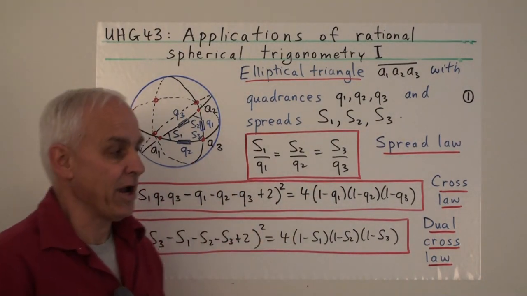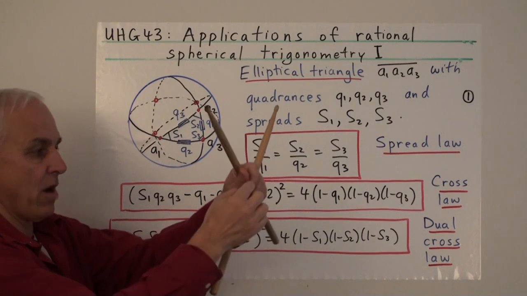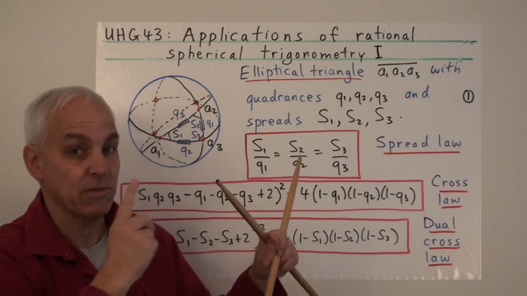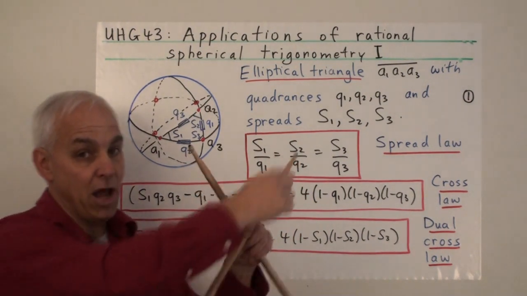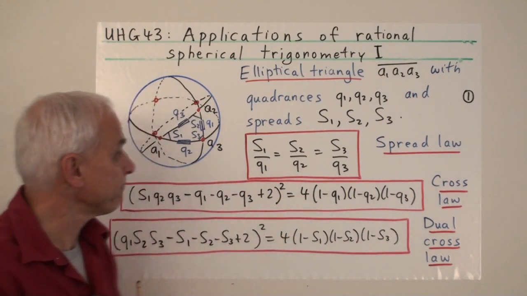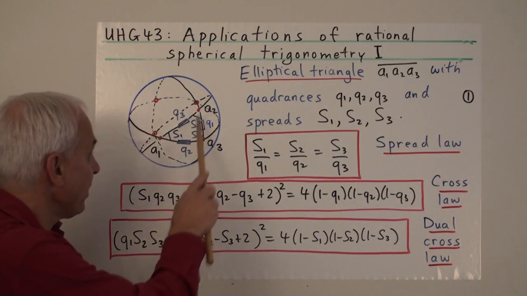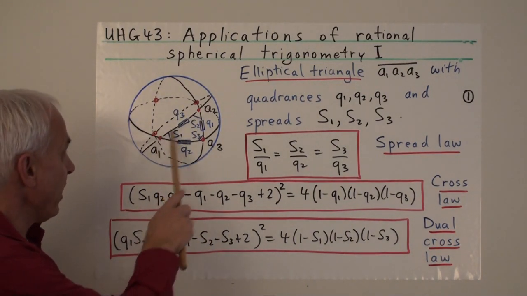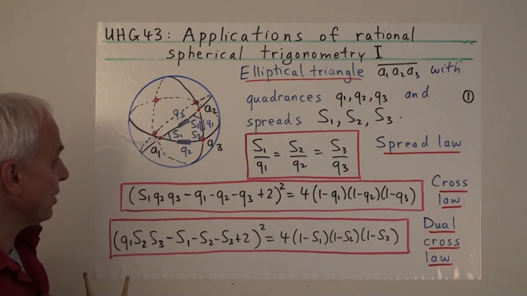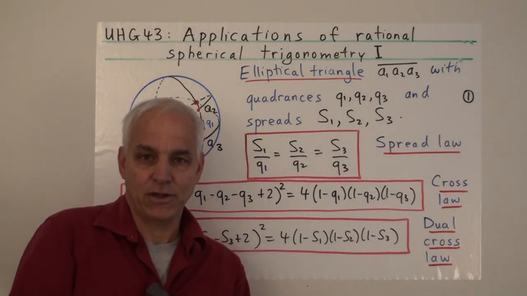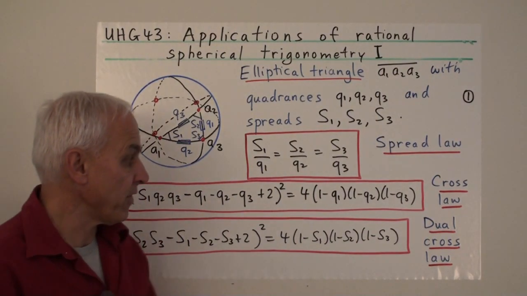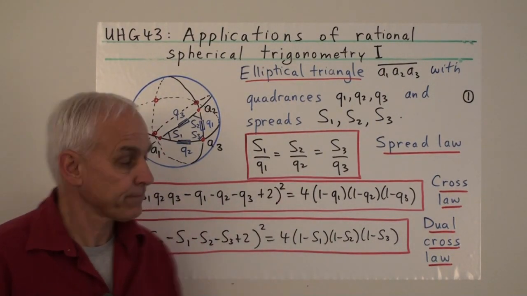And we visualize that by drawing a sphere centered at the common origin and giving the points where these lines meet the sphere, or at least approximately meet the sphere, because not all lines through the origin necessarily exactly meet the sphere. Okay, so we have one of these elliptic triangles, say A1, A2, A3. There's our notation for it. And associated to this triangle are 6 numerical values, the 3 quadrances and the 3 spreads. These are the basic ingredients for elliptic or spherical trigonometry.